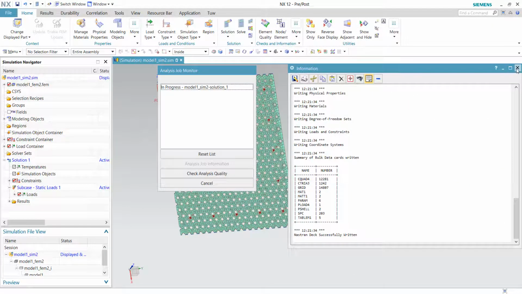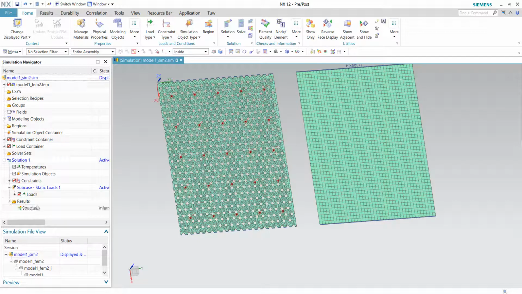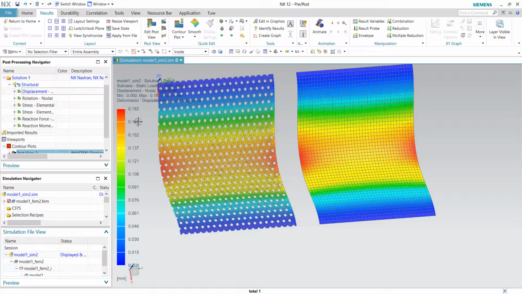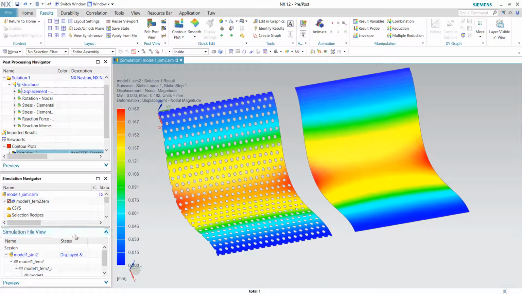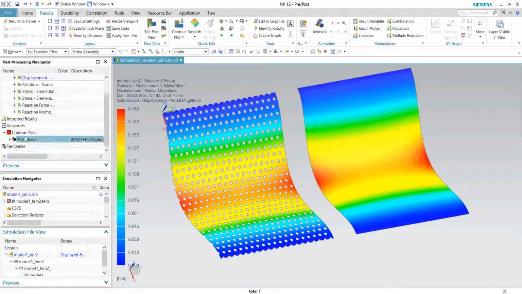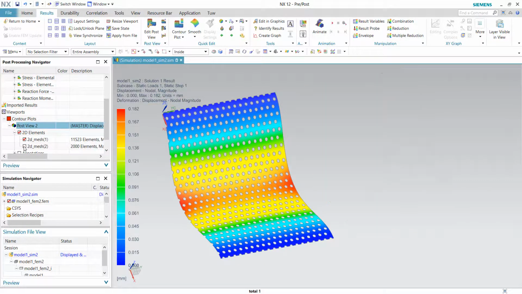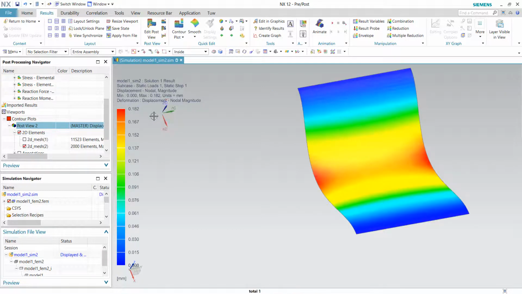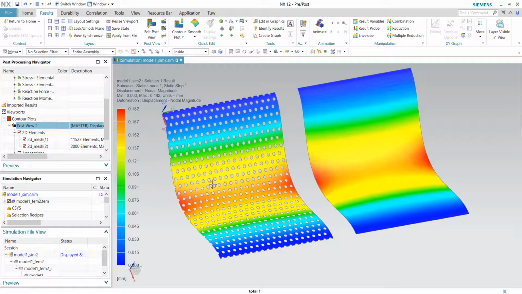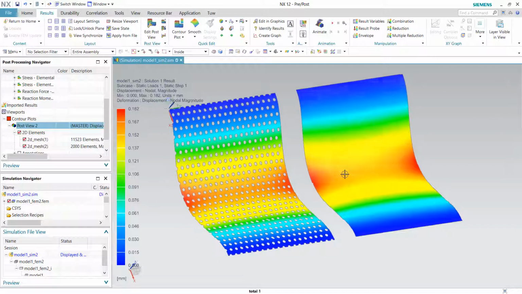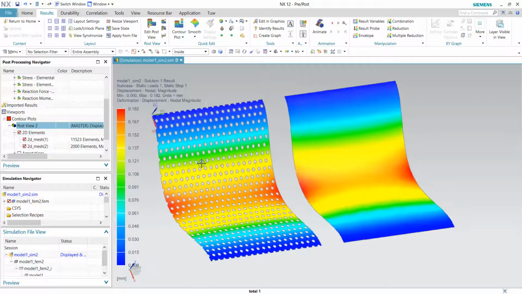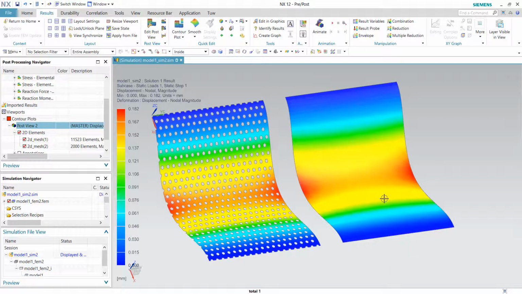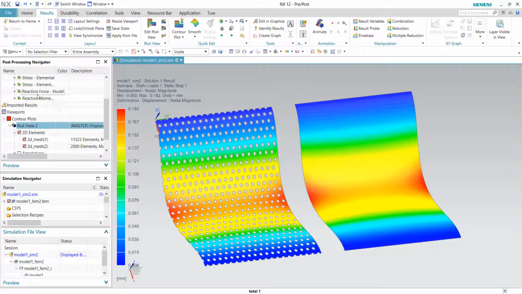Now that the solution has been done, let's quickly look into the displacement results. We can quickly compare the displacement result between the two, looking into each of them separately. First of all, the model on the left side, we have 0.182. The model on the right side, we also have the same displacement result, and therefore we have successfully adjusted the material property to get the equivalent displacement result between these two models, one with the grill feature and the other without the grill feature. And for the stress result,